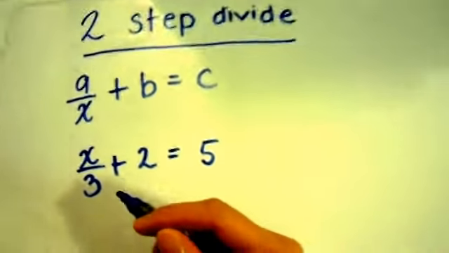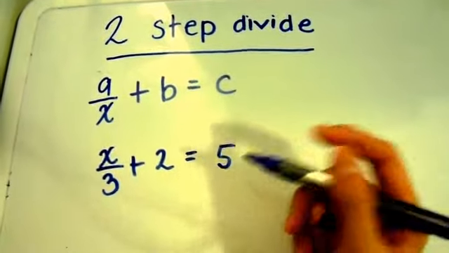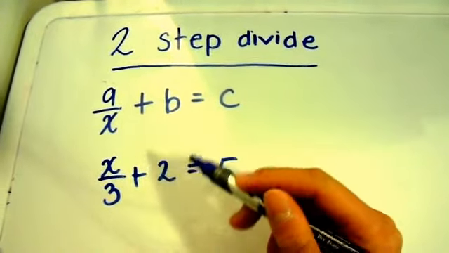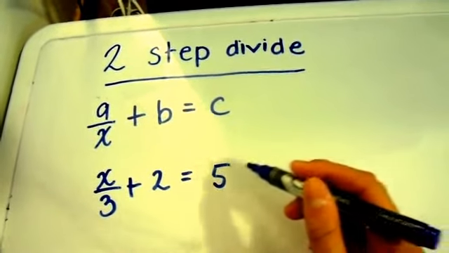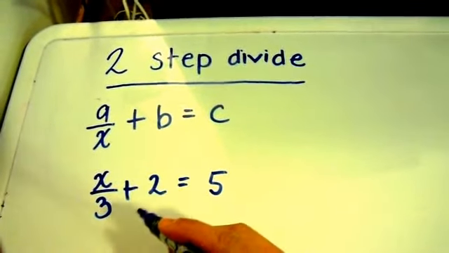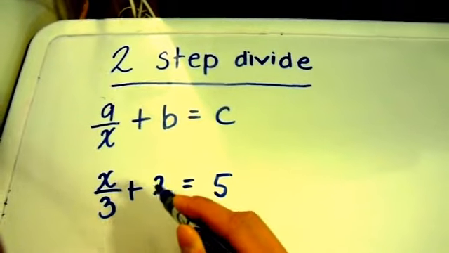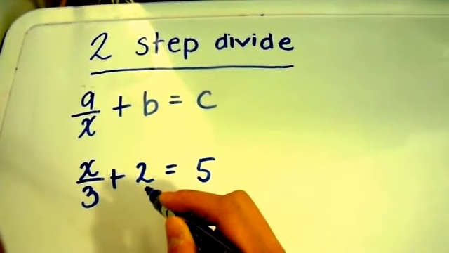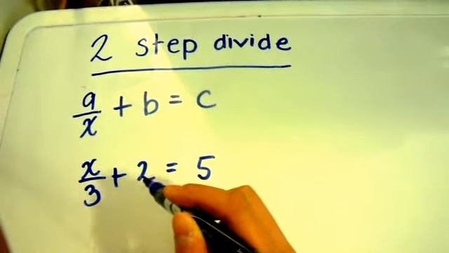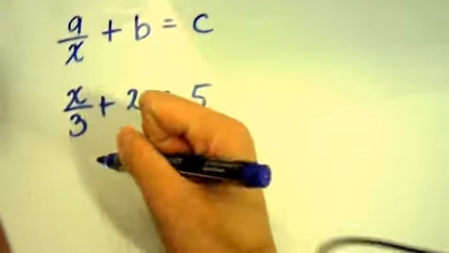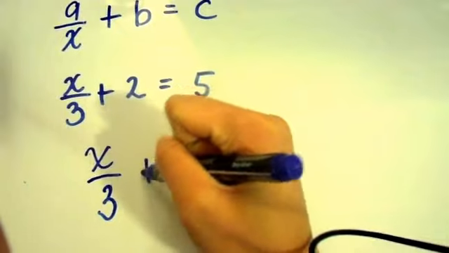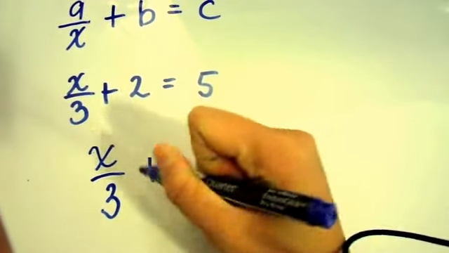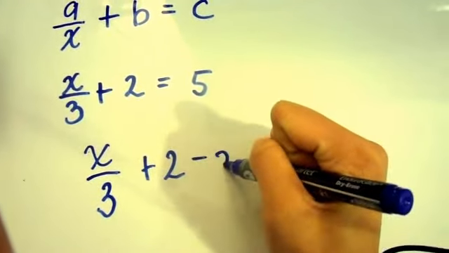Now, the same thing as multiplying, you isolate the variable. So that means we need to do the opposite operation on both sides of the equal sign. So plus 2 equals 5. So that means we need to cancel the constant. By that, we need to make a 0 pair. So x divided by 3 plus 2. So plus 2 would make negative 2